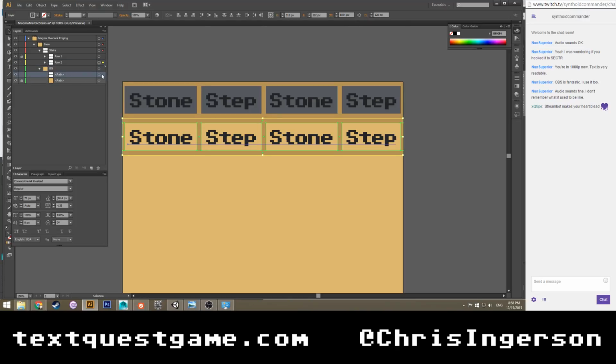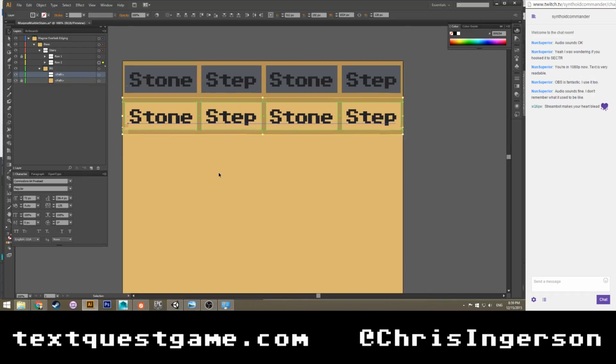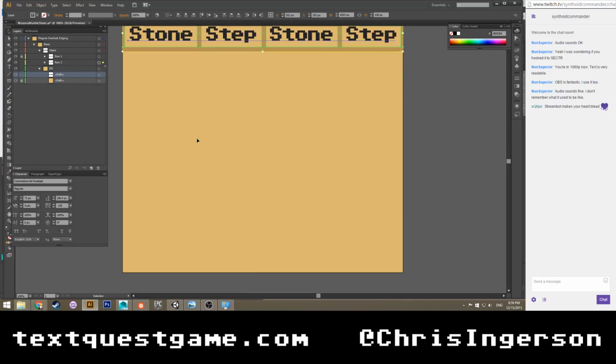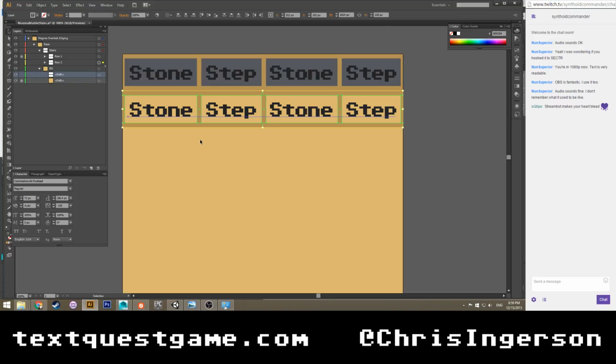Alright. I'm not crazy about having these things all separated, but I guess it's okay. So normally I would say we could stagger these.